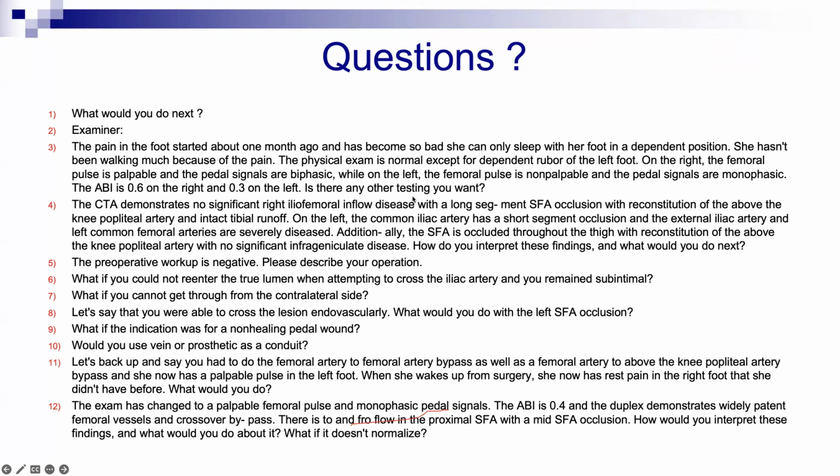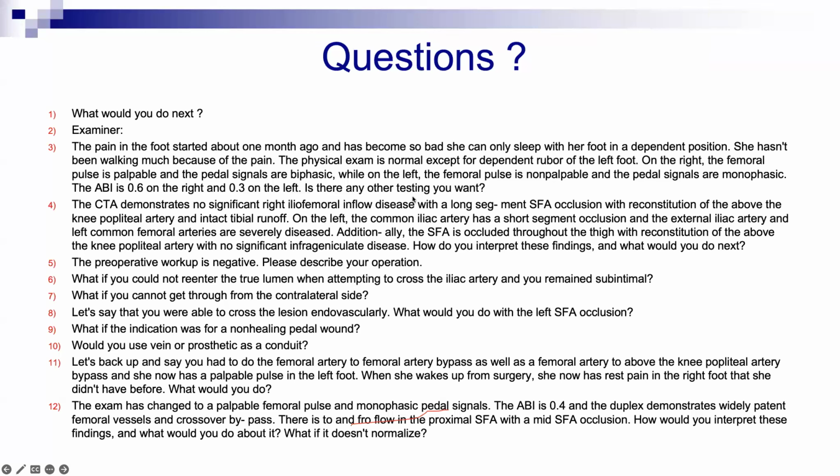You get my point? No. The outflow, what do you mean by outflow? Yani, the retaining blood? Okay. Inflow means up to the profunda: common iliac artery, external iliac artery, profunda, and common femoral artery. This is called inflow. Outflow is the SFA, popliteal, and tibial artery. Okay? Yeah, I agree.